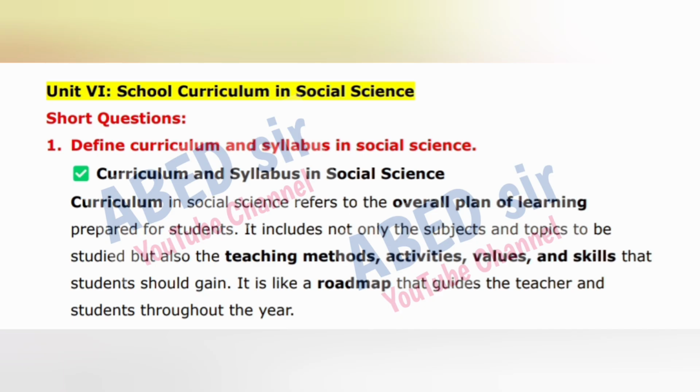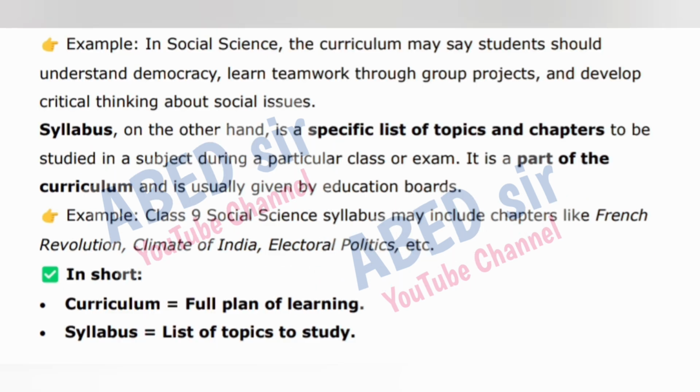Curriculum and syllabus in social science. Curriculum in social science refers to the overall plan of learning prepared for students. It includes not only the subjects and topics to be studied, but also the teaching methods, activities, values, and skills that students should gain. It is like a roadmap that guides the teacher and students throughout the year. Example: in social science, the curriculum may say students should understand democracy, learn teamwork through group projects, and develop critical